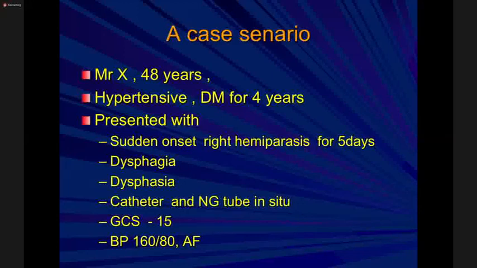So by eliciting all these phenomena, the nominal dysphasia, global dysphasia, receptive dysphasia, expressive dysphasia, you locate the pathology and you know that the speech area of the brain is affected. And then dysphagia, I have told that it's difficulty in swallowing. And this patient has atrial fibrillation. So as there is atrial fibrillation, you know that they are in the high risk category for cardioembolism, and those are important entities for us to elicit, because